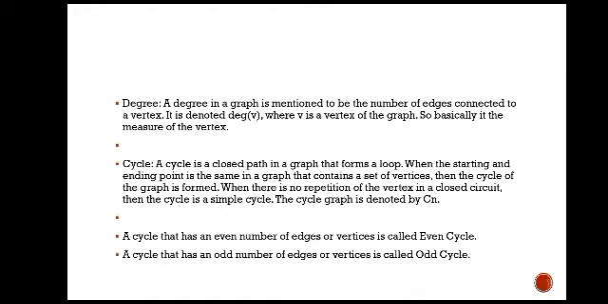Cycle. A cycle is a closed path in a graph that forms a loop. When the starting and ending point is the same in a graph that contains a set of vertices. The cycle of a graph is formed when there is no repetition of the vertex in a closed circuit, then the cycle is a simple cycle. The cycle graph is denoted by C, and a cycle that has an even number of edges or vertices is called an even cycle. A cycle that has an odd number of